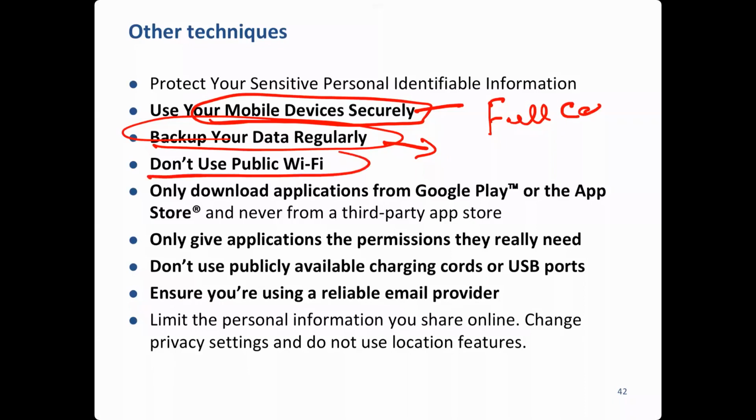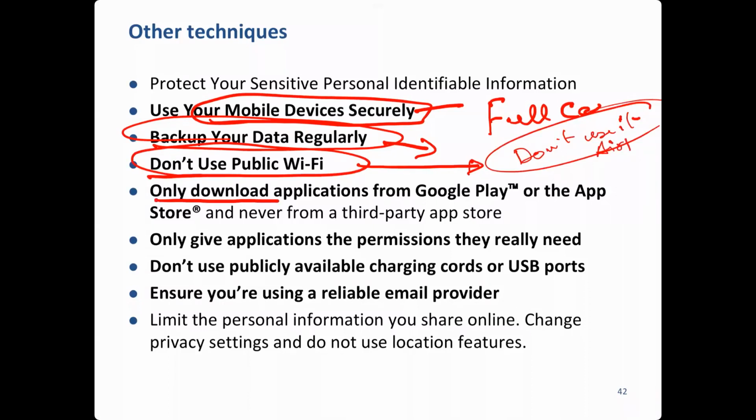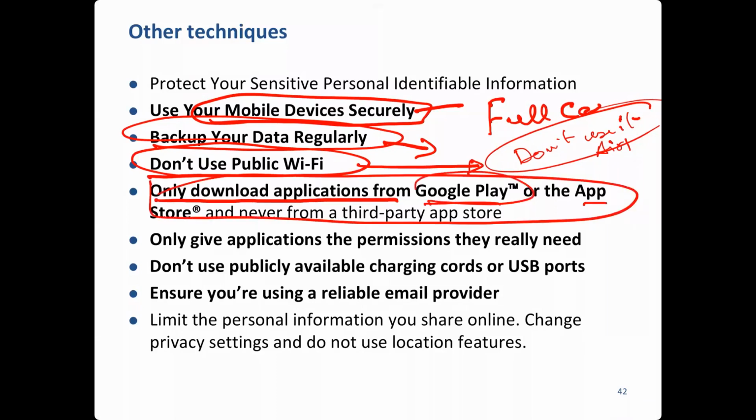Don't use public Wi-Fi. You go to a coffee shop or tea shop and it provides you public Wi-Fi or free Wi-Fi. Don't use it. You don't know what it is. Why shouldn't you use it, right? Even at airports, don't use it. Only download specific applications. Applications come with a lot of viruses, even from Google Play or the App Store. There's a possibility they can contain a virus, and there have been a lot of cases. And if you download from an unknown place, then there's a good probability of getting viruses, right? So don't download from anywhere apart from these two places, right?